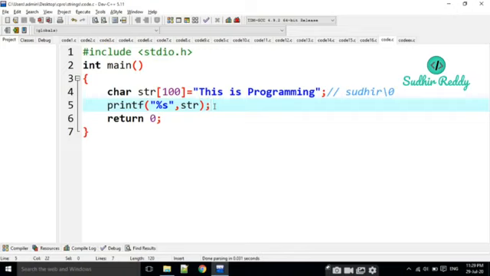Now what is str? For example, in an array if I print arr, it is an address, but here I am printing and it is going to print the string. This is programming, like this.